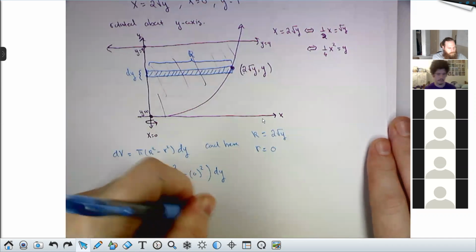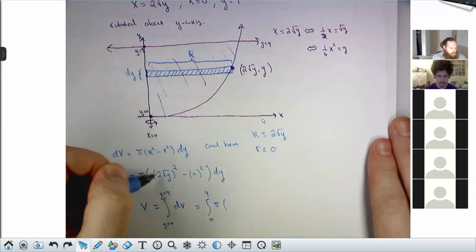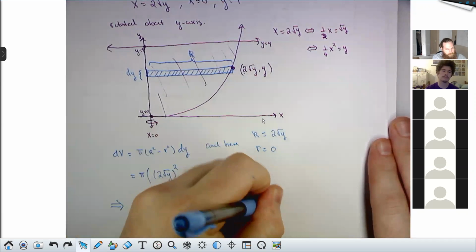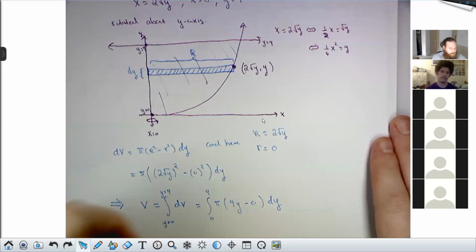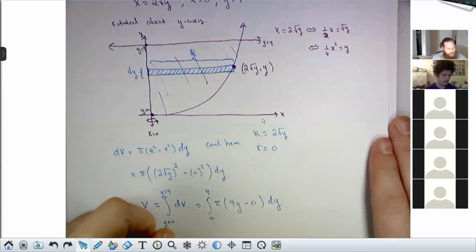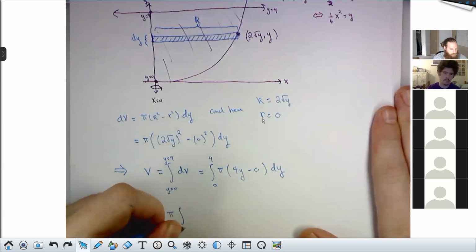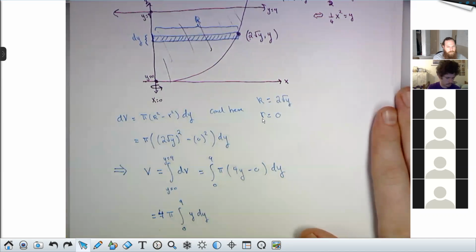So that's the integral from 0 to 9 of pi times (2 square root of y) all squared, that's 4y, minus 0 squared, which is 0, and then dy. So the integral here turns out to be very easy. You can pop out the pi. You can even pop out the 4. So you'll have 4 pi times the integral from 0 to 9 of y dy,